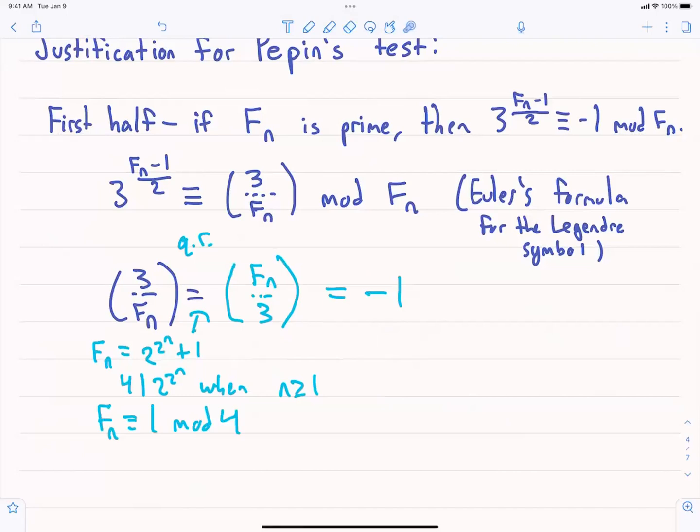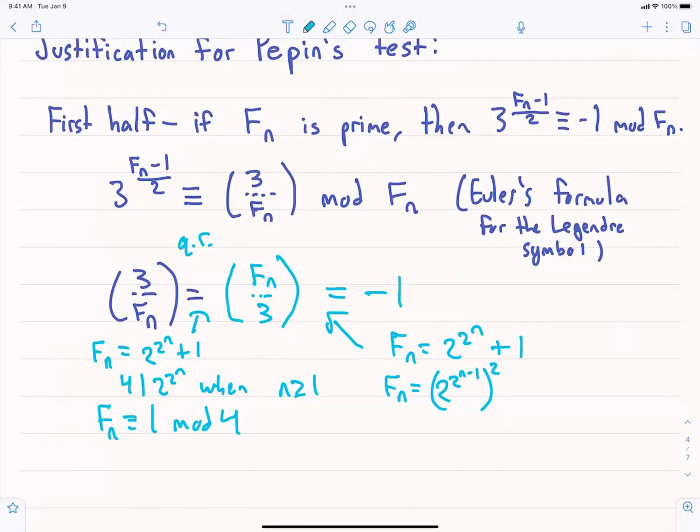So if I'm saying this is minus 1, then I'm saying that Fn is congruent to 2 mod 3. So that's the only non-square mod 3. And why? This is because if I write Fn again, it is 2 to the 2 to the n plus 1, which is equal to (2 to the 2 to the n minus 1)